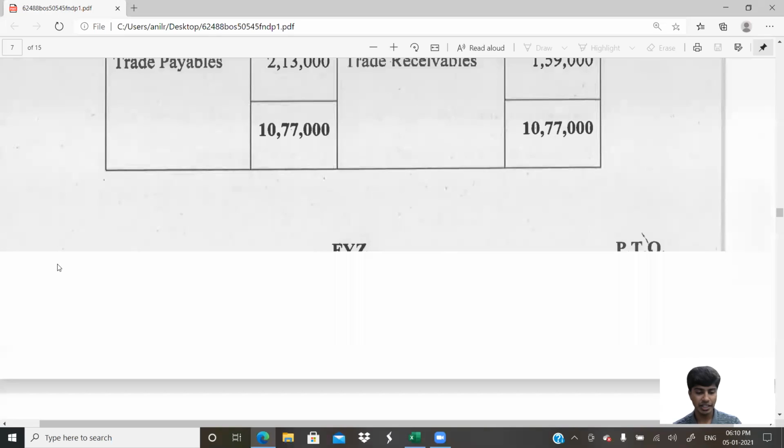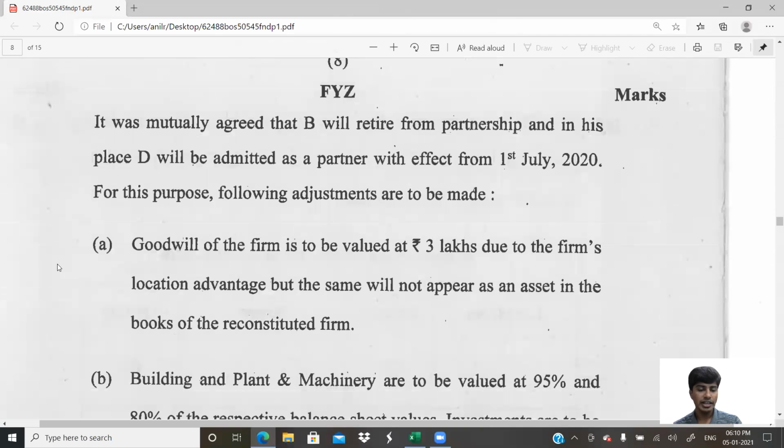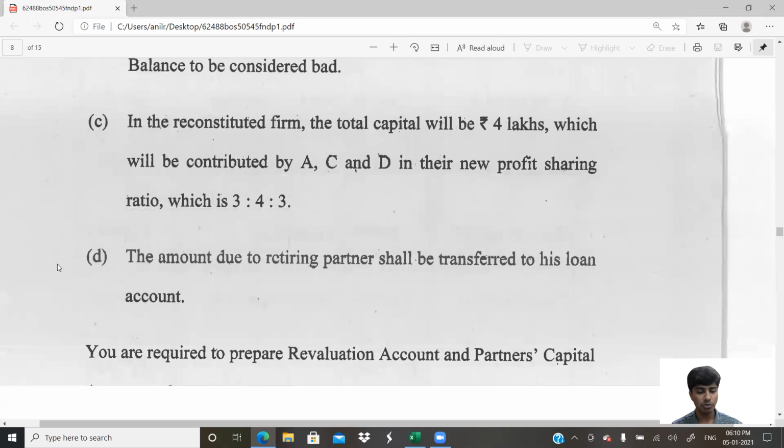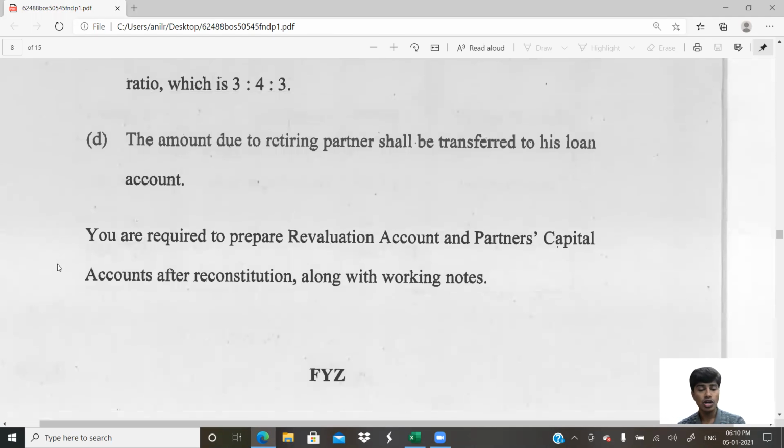Let's not waste time reading the balance sheet. Let's go ahead. It's mutually agreed. There's a lot of things given. Come to the last thing of the question. What do they want? You are required to prepare revaluation account and partners capital accounts after reconstitution along with working